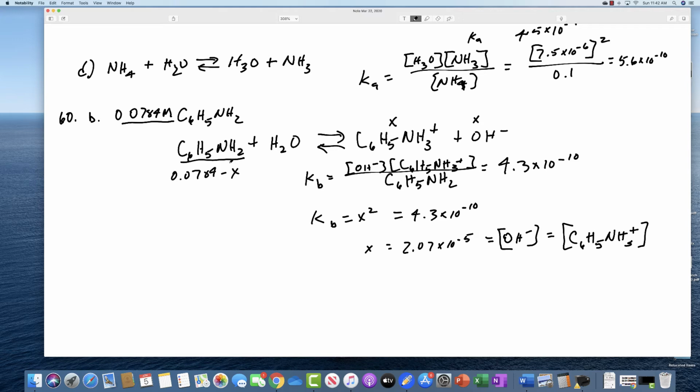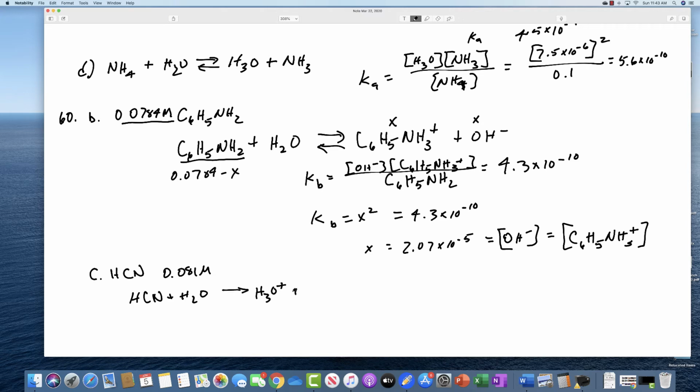Let's do another one. Let's go with an acid again, HCN. Any of these is okay, they're all basically done the same way. So let's look at C, which is HCN. And we have a concentration of 0.081 molar HCN. HCN reacts with water to form